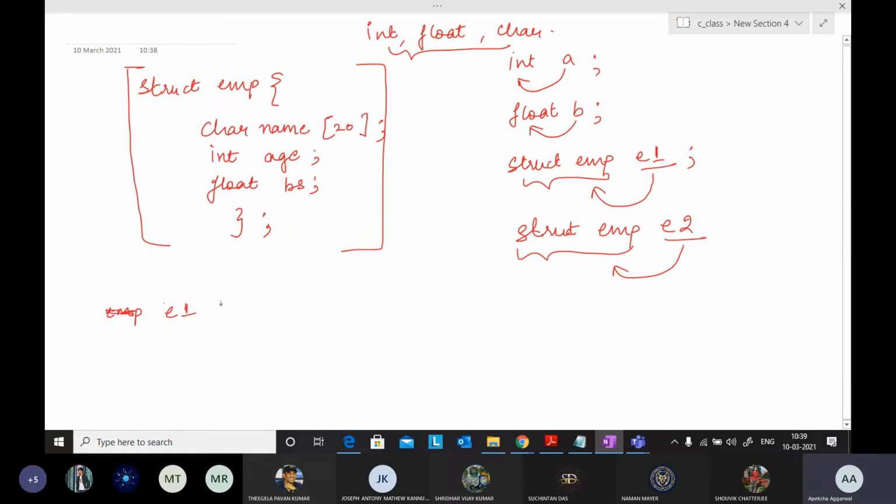E1 will store some value in the memory, and that memory will have 20 bytes allocated to name, 2 bytes allocated to the integer, and 4 bytes for the float. Why am I saying 4 bytes, 2 bytes, 20 bytes?